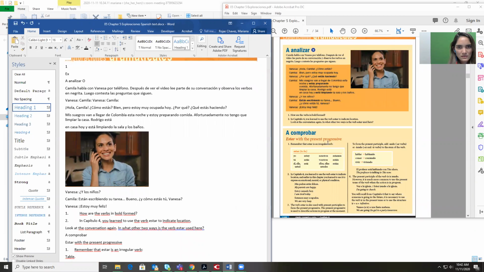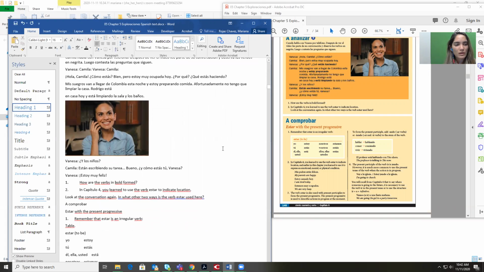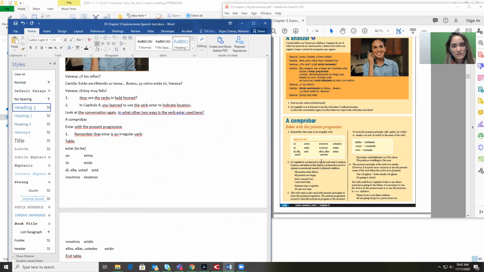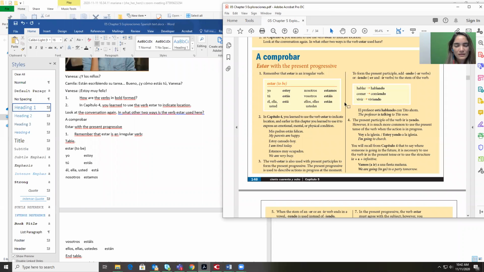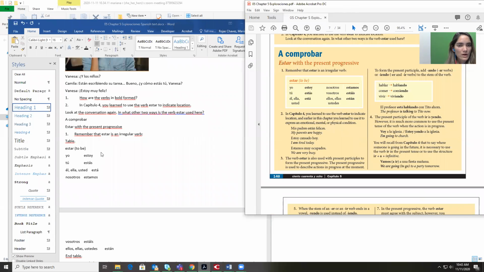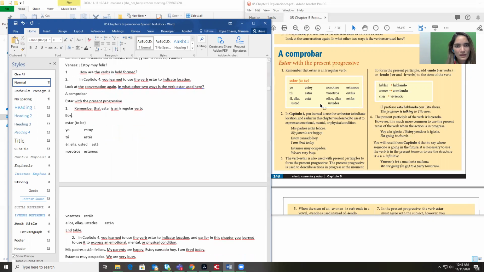There are 2 tables, but I wouldn't classify them as tables. Why? Because they don't have a heading row as tables usually do. So those would be, I would say, boxes. This one might be a table. This one is a table. You know, sometimes it's, they're both boxes. We'll call them boxes because they don't have a heading row like a normal table. So I'm gonna change this to box, and then estar to be, and then what I did was I